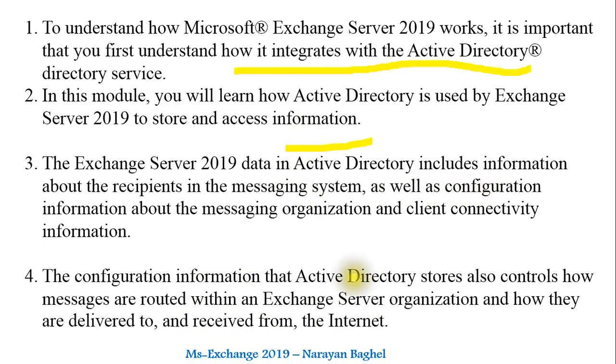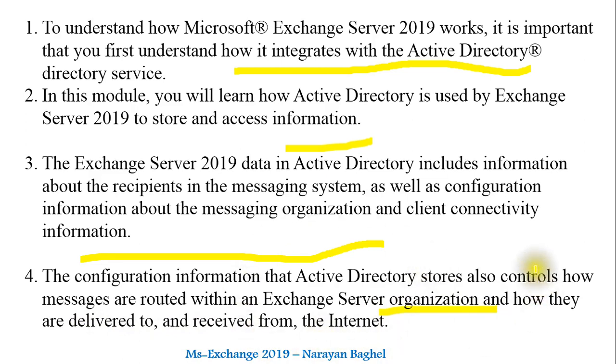Next, the configuration information that Active Directory stores also controls some other functionality, like how messages are routed within an Exchange organization, and how they are delivered to and received from the internet.